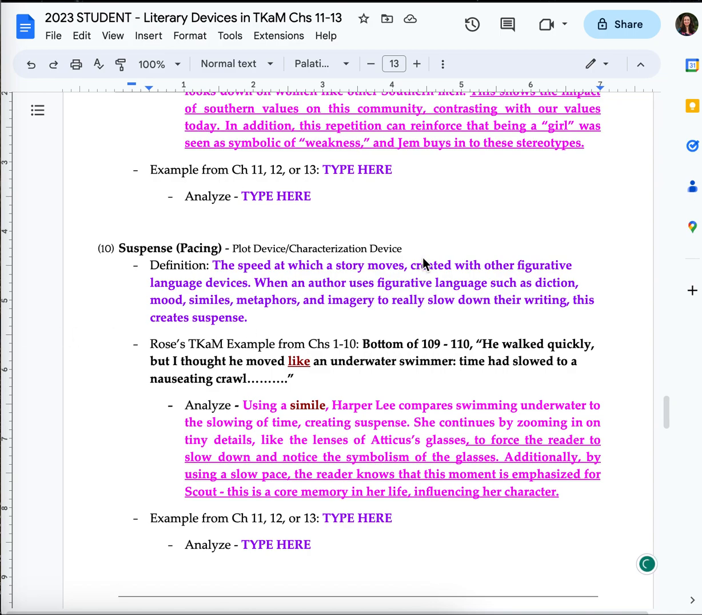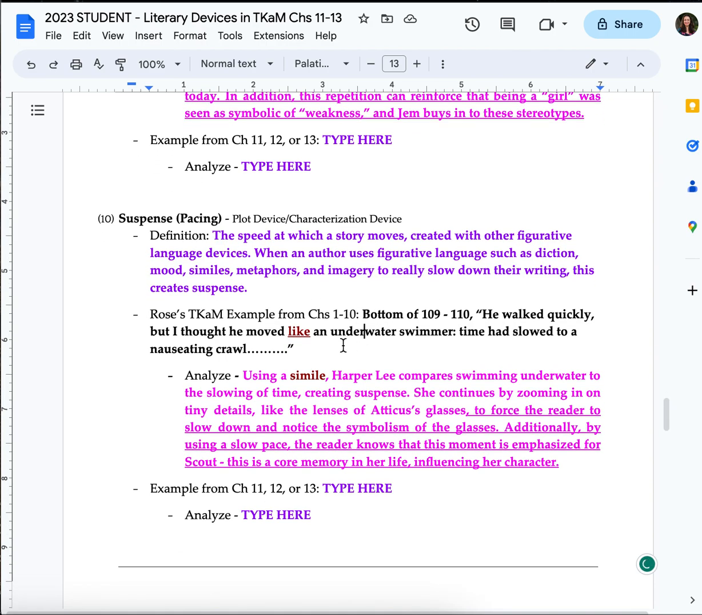So when an author uses figurative language like diction, mood, similes, metaphors, and imagery in order to really slow their writing down, this is going to create suspense. And my example does just that. It uses a simile as part of this. So I mentioned the simile in my example, because if you're going to discuss suspense and pacing, when you analyze it, you probably have to tell me what other literary devices she is using,